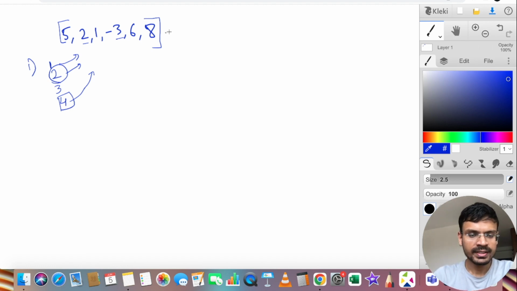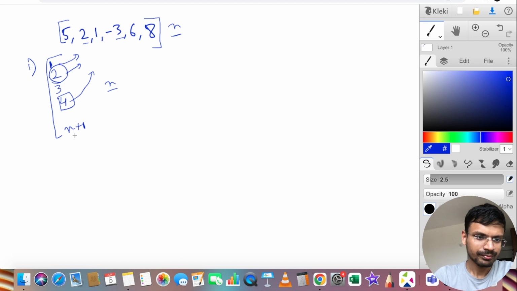And one more thing is, if the size of the array is n, we can be pretty much sure that we have to do this searching n number of times only, right? So we have to start from 1 till maximum n, actually n plus 1, right? So the time complexity for this approach would be like we have to search for all integers from 1 to n, and for a particular integer to be searched in a given array, that time can take further n. So the time complexity would be O(n) into O(n), it would be n square,